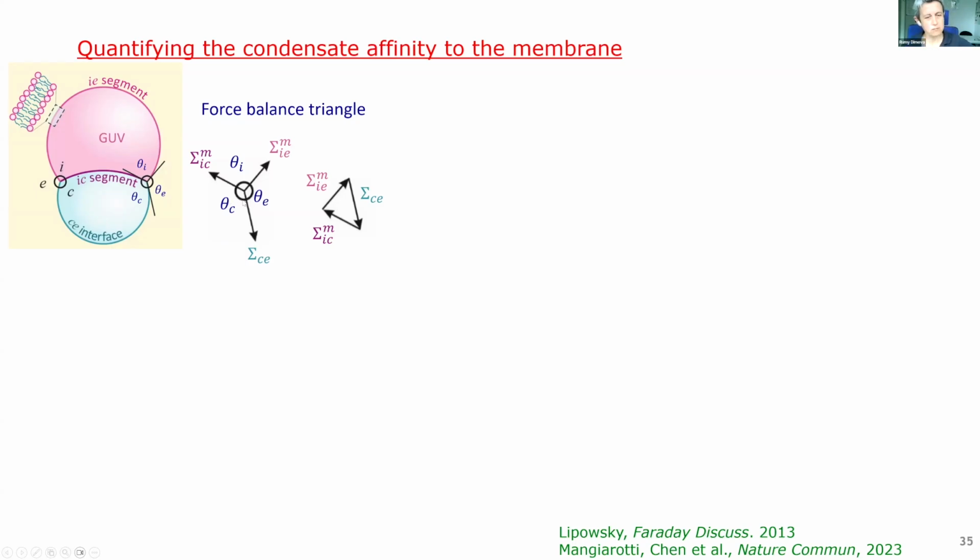As I said, the forces should balance here, which means that this vectorial sum should give 0, which also means that if I translate this vector here, and this one here, and this one here, they should form a triangle. This is also called the Neumann triangle. The angles are kept, and this would allow you to write this geometric relation between the tensions and the macroscopic